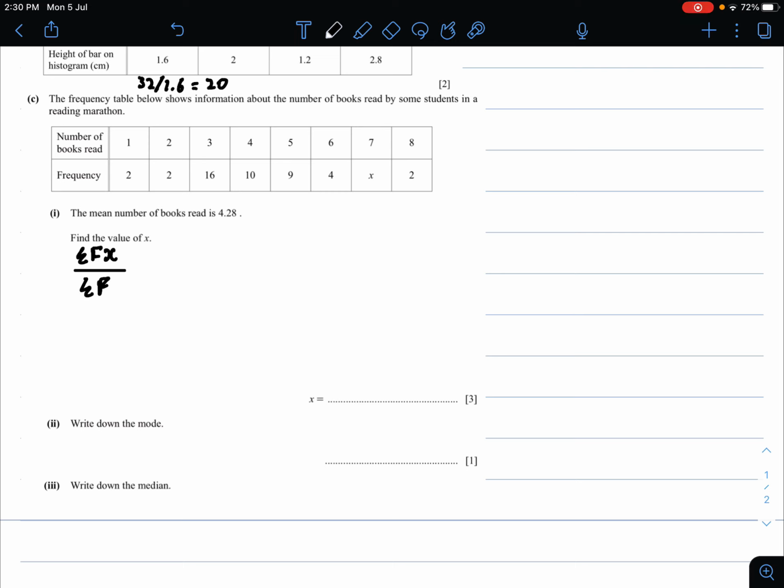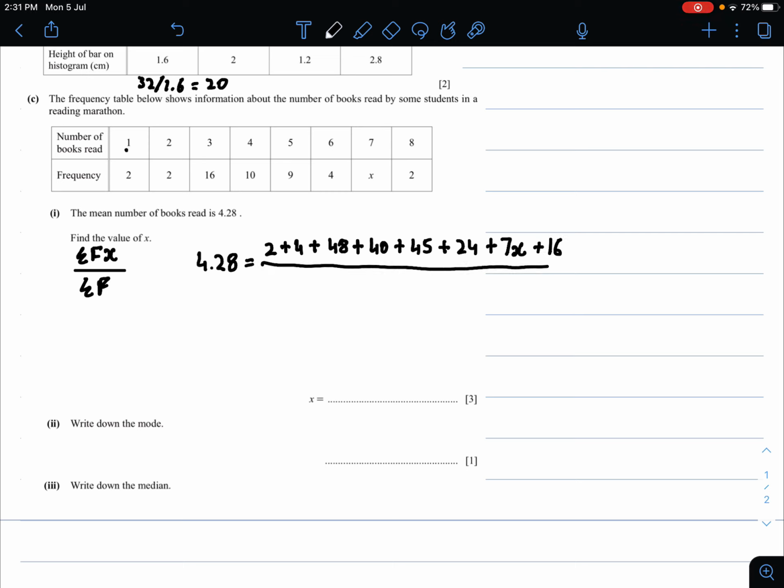So we know the mean, so we can use the mean formula, that is mean is equal to summation fx divided by summation f. So 4.28 is equal to, we have to multiply the x value, that is the number of books, with the frequency. So 1 multiplied by 2 would be 2, 2 multiplied by 2 would be 4, 3 multiplied by 16 would be 48, 4 multiplied by 10 would be 40, 5 multiplied by 9 would be 45, 6 multiplied by 4 would be 24,